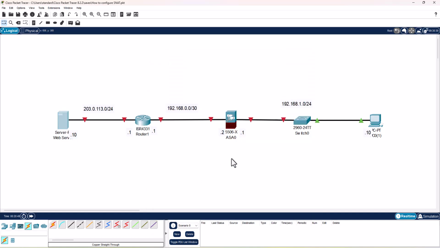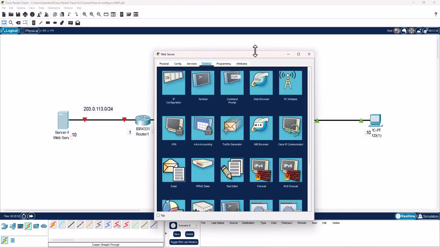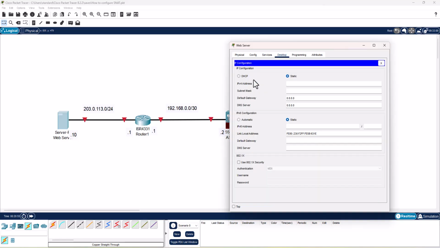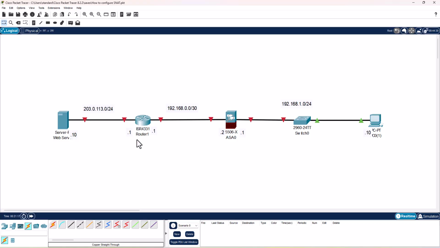Without further ado, we will get started by configuring the IP address of the web server. We will give it an IPv4 address of 203.0.113.10. We will copy that address and paste it here and remove the trailing 0, as the .1 IP address will be that of our edge router. We will close the window, name our router edge router, because it represents the first point of entry into our network. We will open up its CLI,